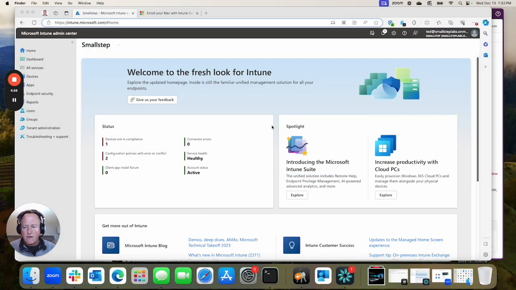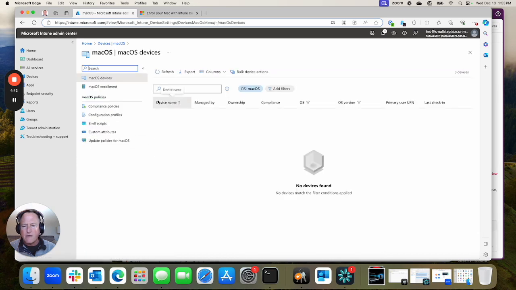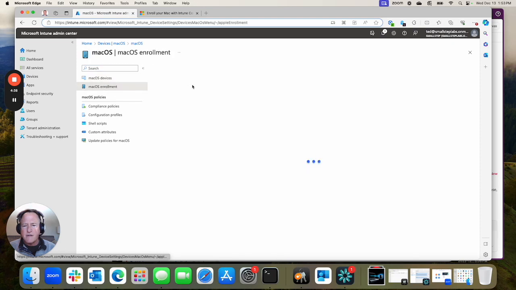Okay, so short follow-up to the Windows configuration through Intune. Let's go ahead and take a quick look at how you bring a Mac into play here as well. So very similar to Windows, although we're going to have to do a separate version for macOS. So we'll go to macOS here under devices, and then first thing you have to do before you can